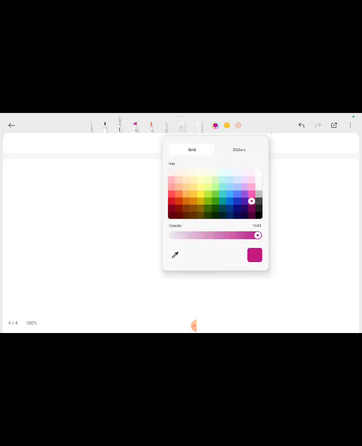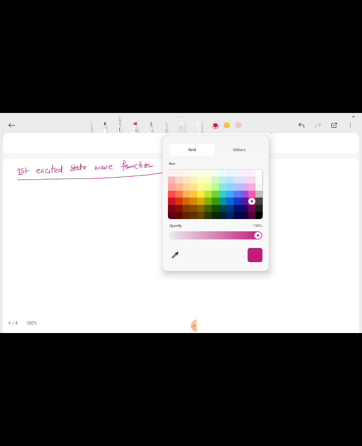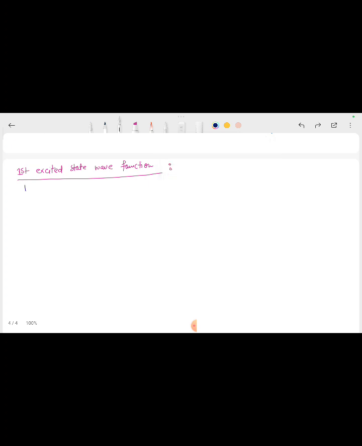So the first excited state wave function, psi 1(x)